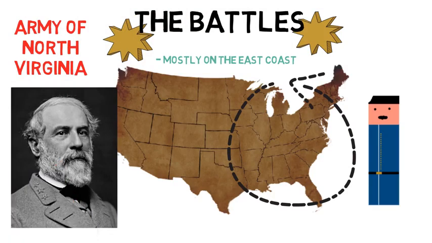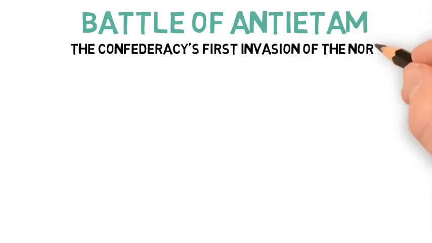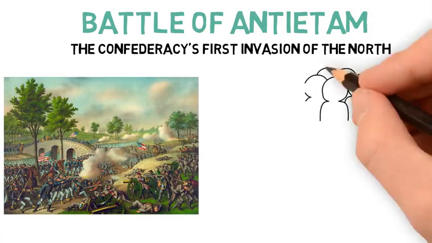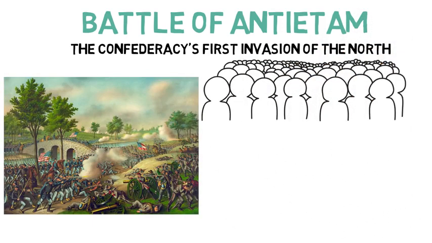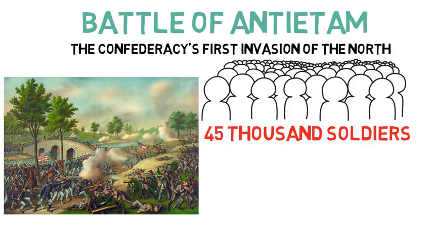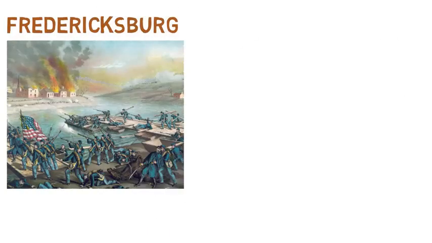Other famous battles took place in this theater, like the battles of 1st and 2nd Bull Run, the Battle of Antietam, the Confederacy's first invasion of the North, where Robert E. Lee led over 45,000 men into Maryland, provoking the deadliest one-day battle in the war, ending in a technical Southern defeat since their invasion of the North was halted, and many other battles, like Fredericksburg, where over 12,000 Union soldiers died,